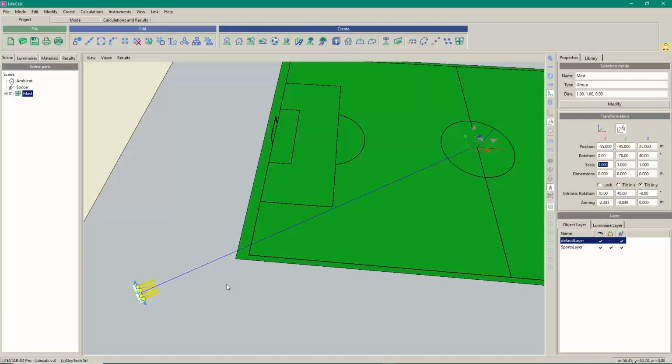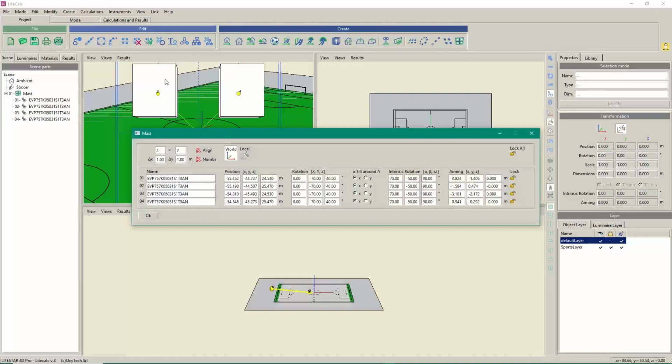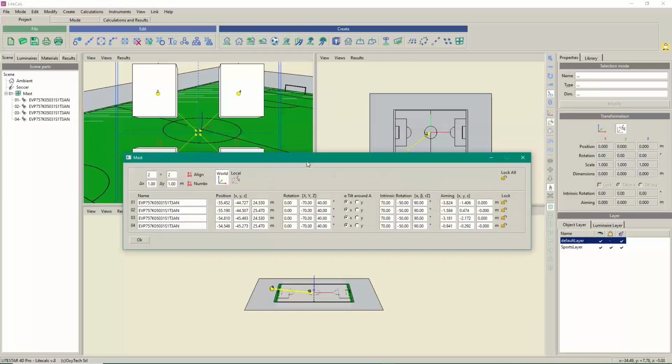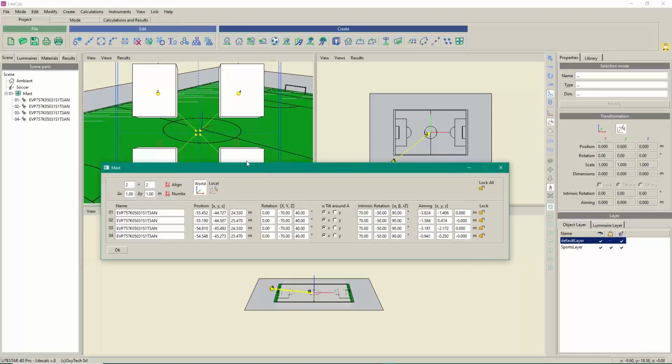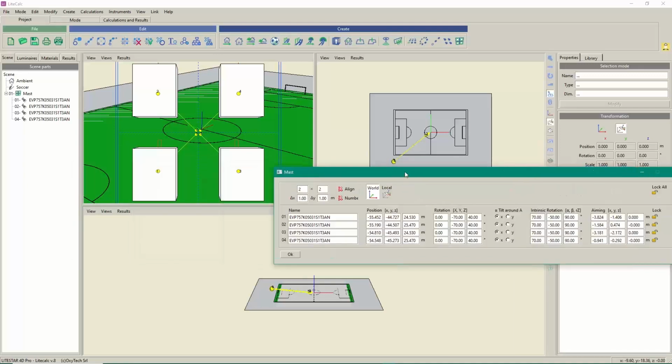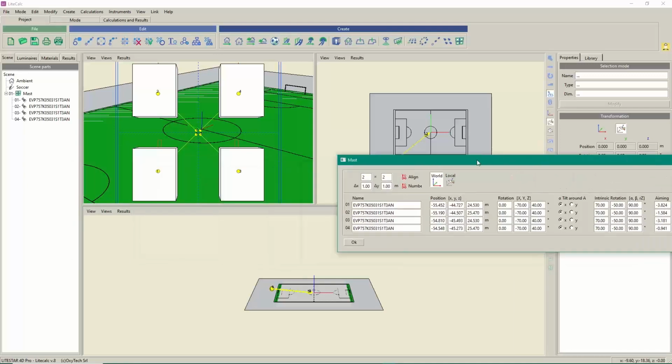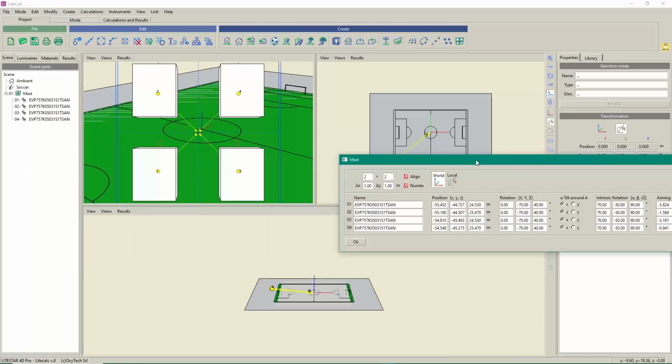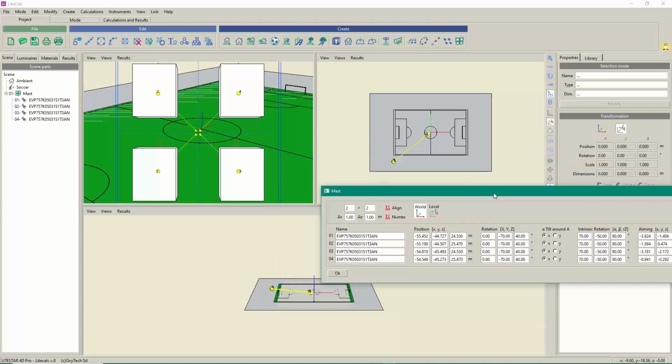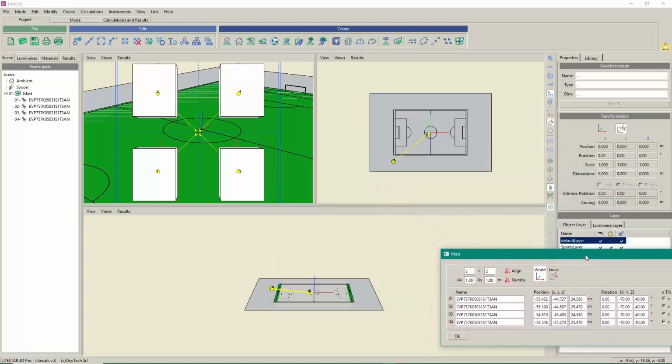Okay, now it is time to aim the different luminaires. In order to do that, we found that it is very convenient to select the high mast, modify, so automatically the program will present this window that, for example, you can put on a second monitor and have it on one side, and then if you want, you can do the aiming,